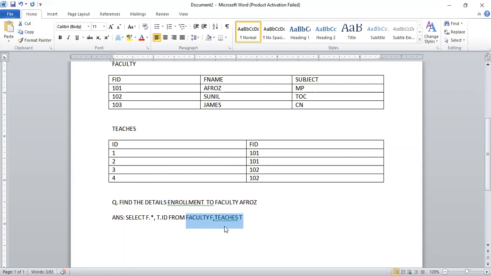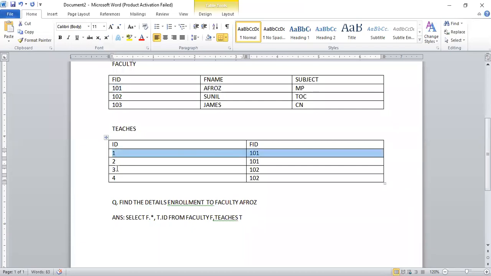So the meaning of this is a cross join operation. That's why I need to specify a condition for approach as well. So here, what is the matching? If approach here, how can I see in the teachers table to get this ID number? I don't have approach there, I have 101. So that's why from approach I want 101, then from 101 I want this one as well as these two.